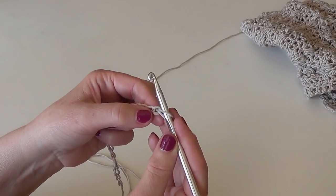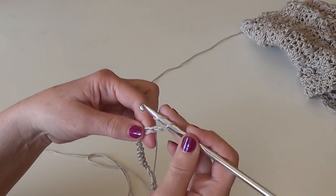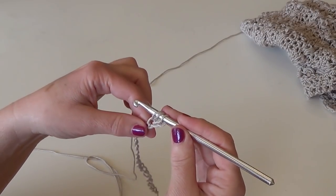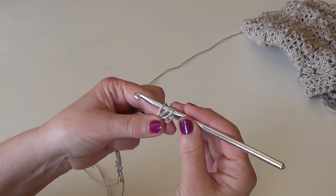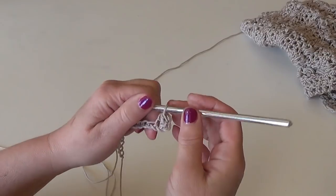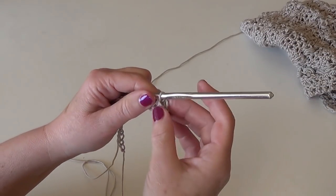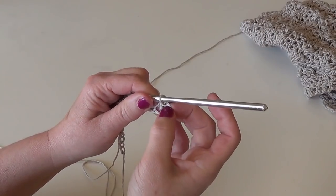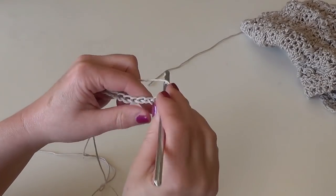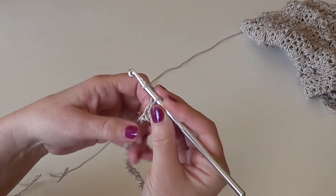So if I chain 21, I'm going to insert my hook in the third chain from the hook. Number 1 chain is this, number 2 is this, and this is number 3. I yarn over, insert my hook there, and work a half double crochet. That means I have 3 loops on my hook. I yarn over and pull through all 3 loops. So I have my first stitch now here,